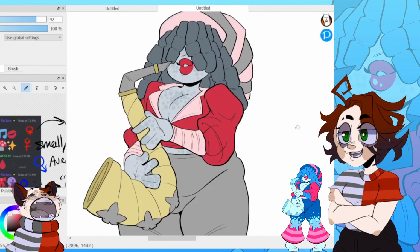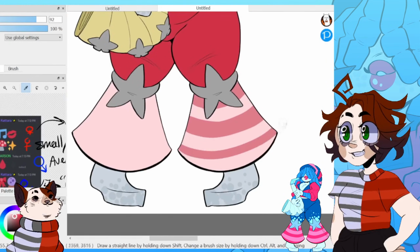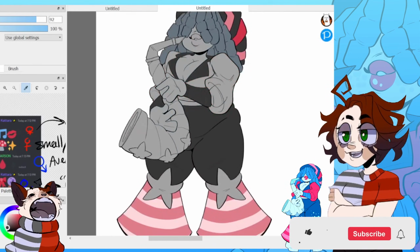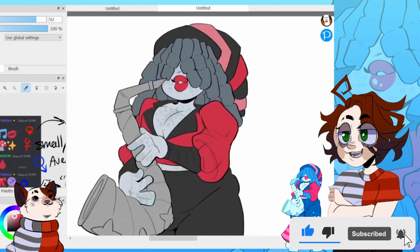I went ahead and went around her skin and added dots just to give a bit of variance on the skin. And then I kept messing around with the color palette and did not like the red. I eventually gave up, but again, it took me forever. And so when I got a color palette I kind of liked, but that wasn't working,